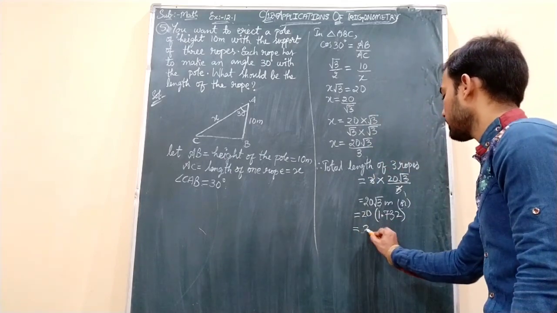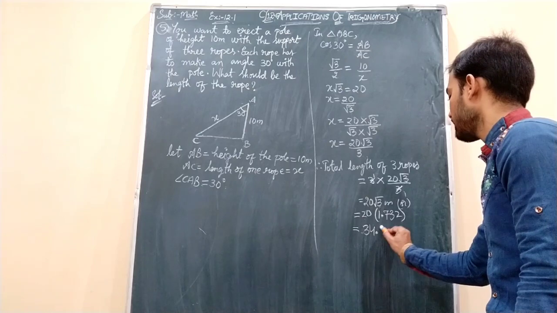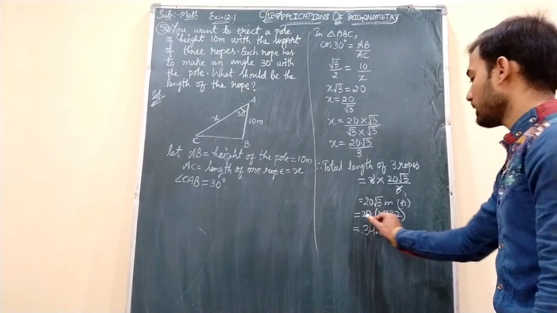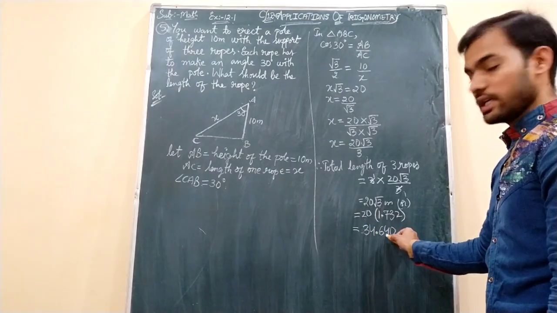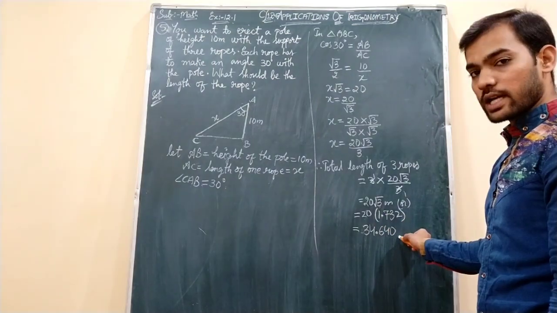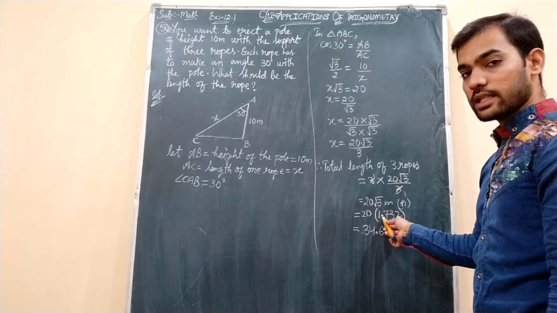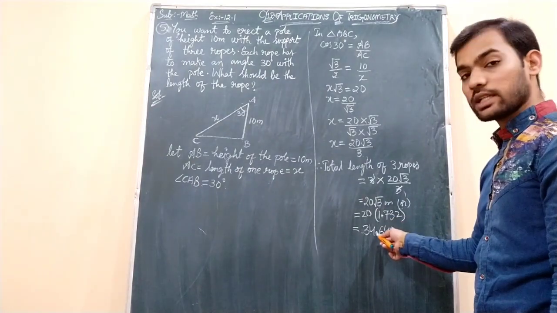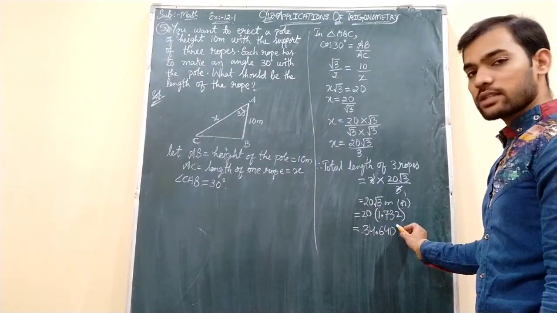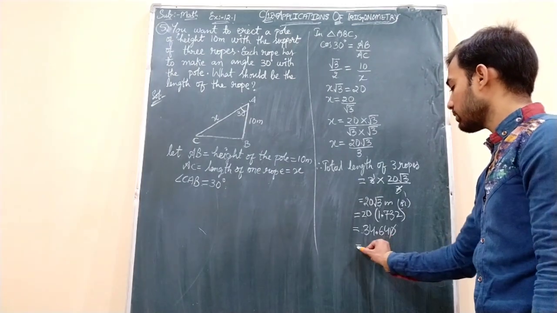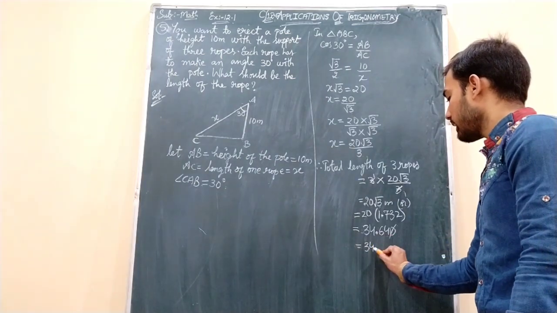So you get like this 34.640. When you multiply 2 with this, you will get 3464. And here 0 is also there, that 0 at last we will write. So in this number, before 3 digits there is a decimal point. So before 3 digits I am taking the decimal point. As at last we are having 0, that 0 should be ignored. We will get the answer as